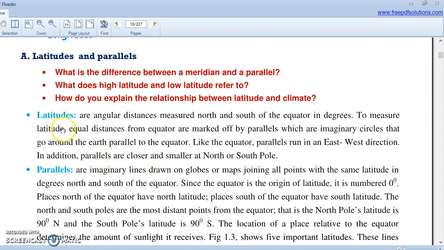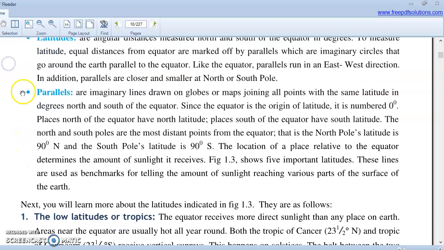So latitudes are measured north and south of the equator. Then, to measure latitudes, we're going to be measuring equal distances from the equator, marked off by parallels. Parallels, as they get closer to the northern and south pole, become smaller and closer together. Now here we're going to be discussing parallels briefly so we understand them well. Parallels are